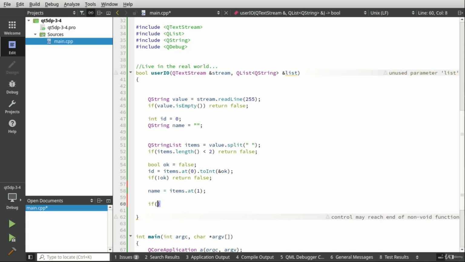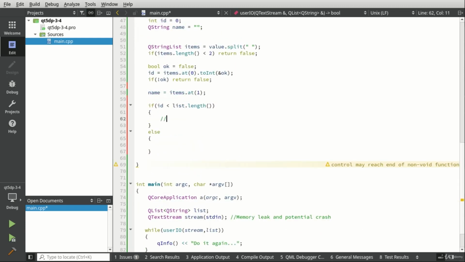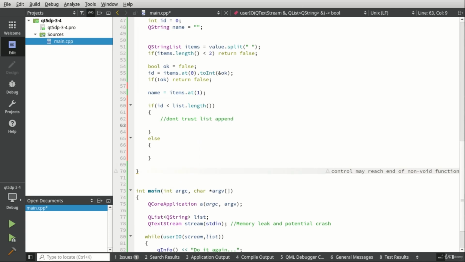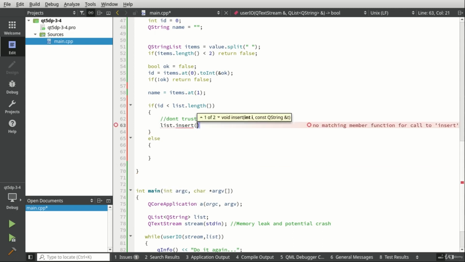We're going to say if ID is less than the list length, I want you on a separate line. There we go. We're not going to trust that list append. Instead, we're going to just say list insert, and we want the ID, name,